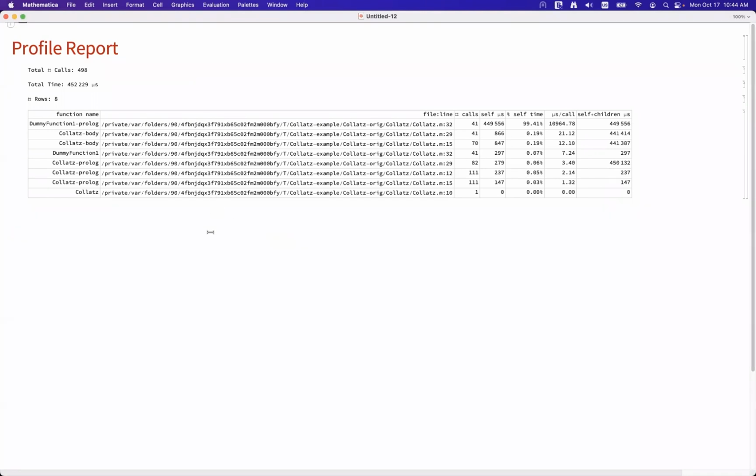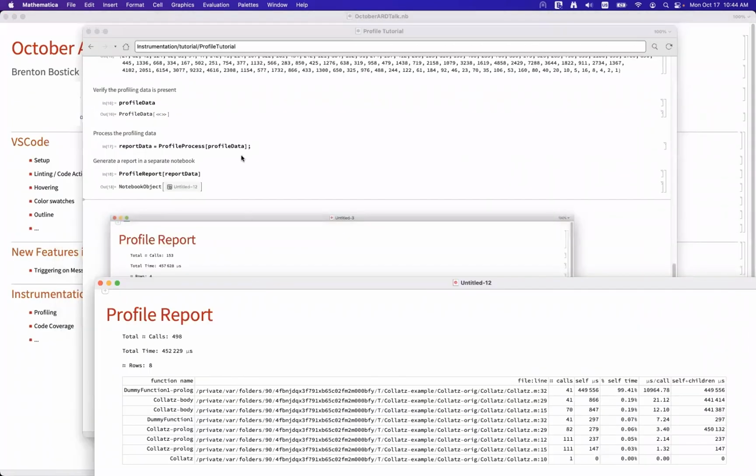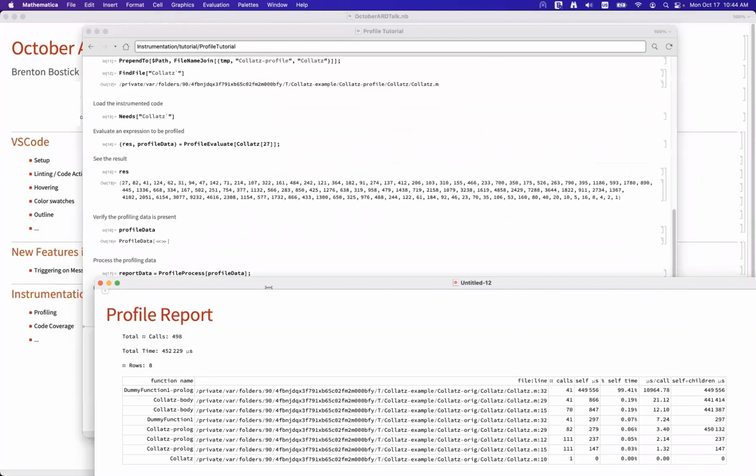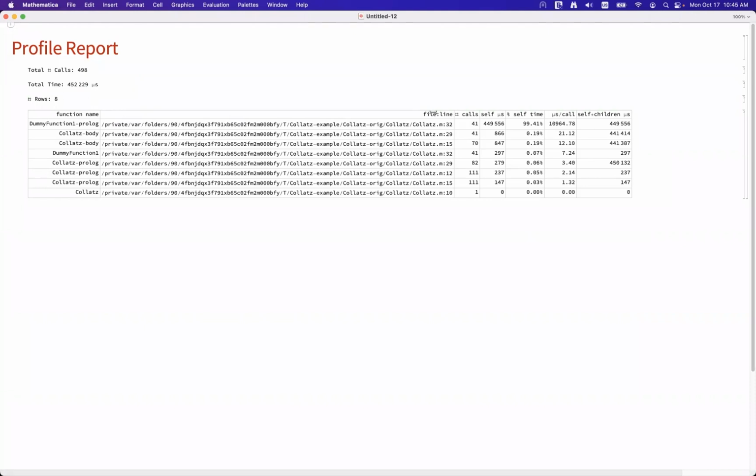What this is showing, just in the profile evaluate here, just to do one call, is all of the functions that ran, their file and line number, the number of times they were called, the number of microseconds spent purely within their own code, and what percentage, across the, more useful number, total number of microseconds per call,